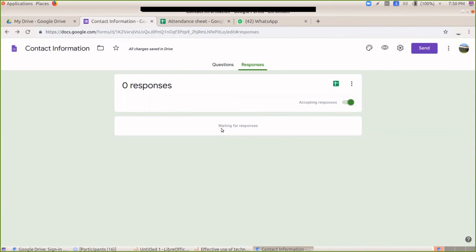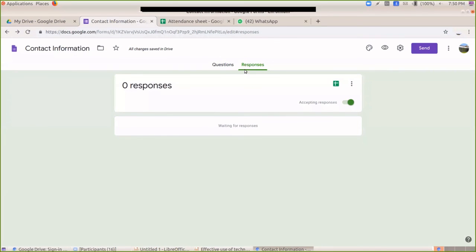When I click the responses tab, right now there are no responses. So whenever the recipient has responded to the questions or form, we can see the responses here. So this is how we can create the Google Form and get the responses.